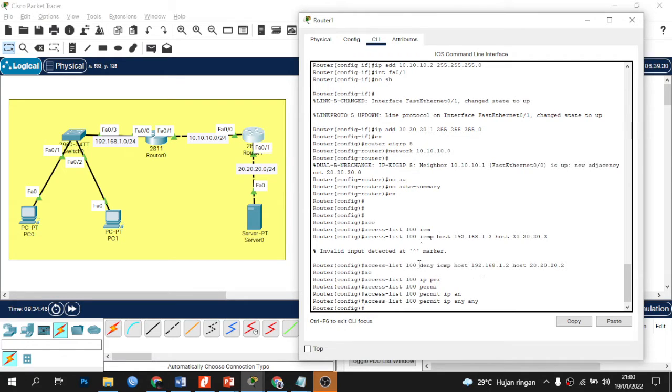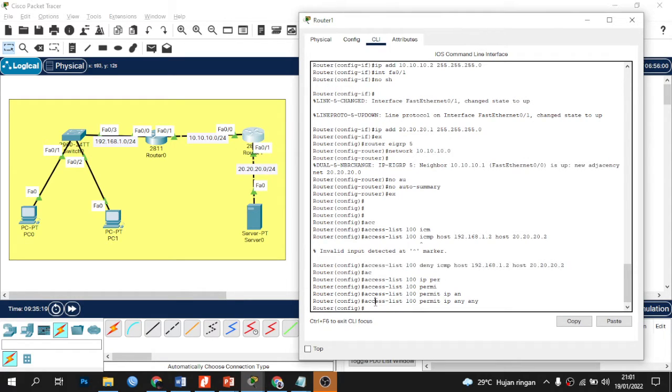Wait, I will explain this command. Access list deny is intended to prohibit IP 192.168.1.2 from accessing the server, and ICMP here is the protocol we choose.